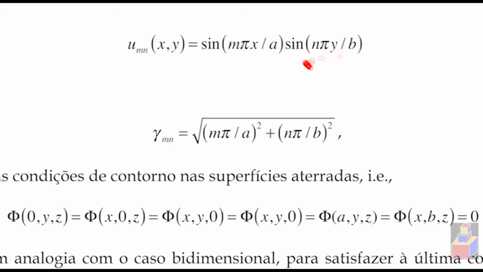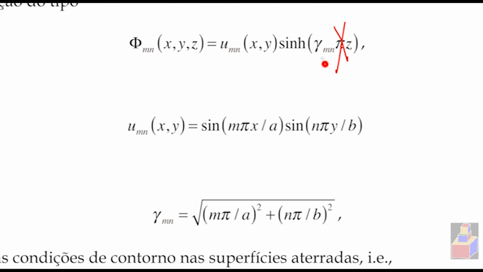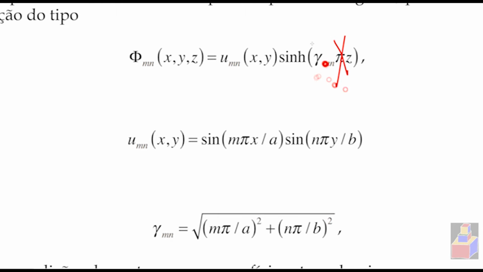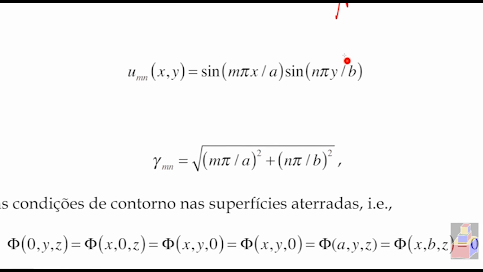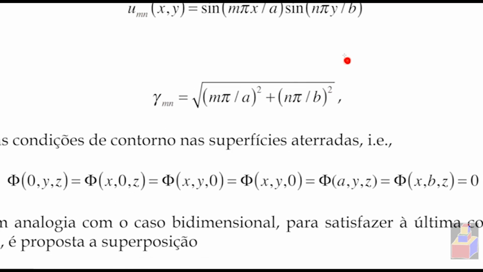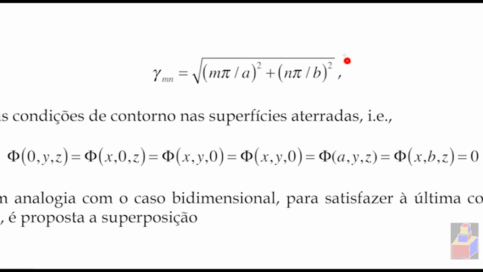At z equals 0, the hyperbolic function is 0. So the last boundary condition is on the top surface. And if you have an arbitrary function there,